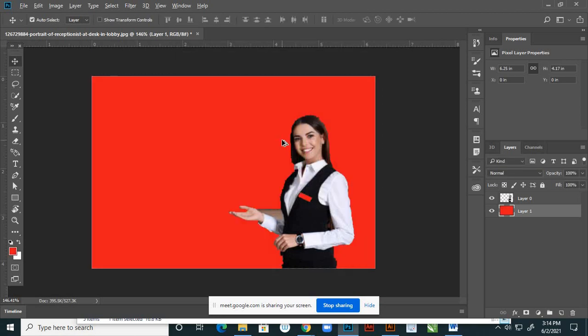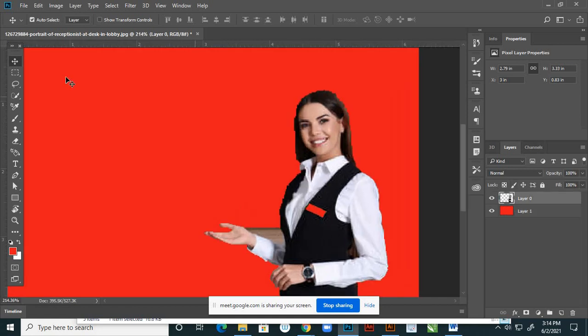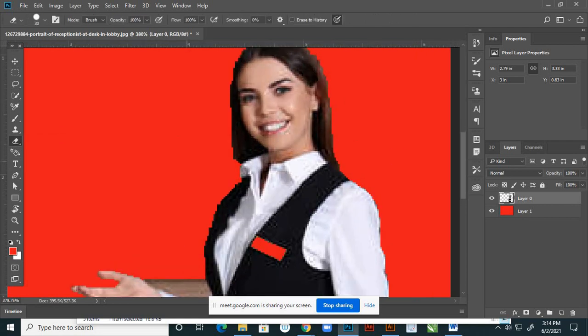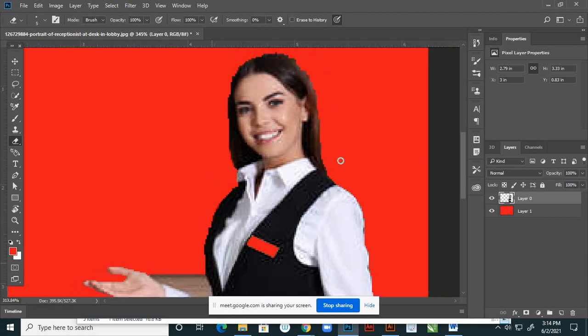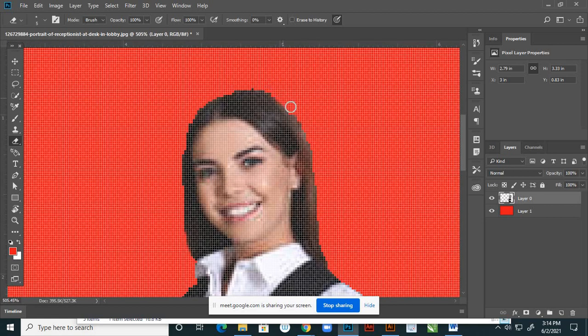So again Control Backspace. Yes, come here. Suppose if you find any issues, that is the reason I told you always don't use this quick selection tool, because see, it is giving rough edges, right.